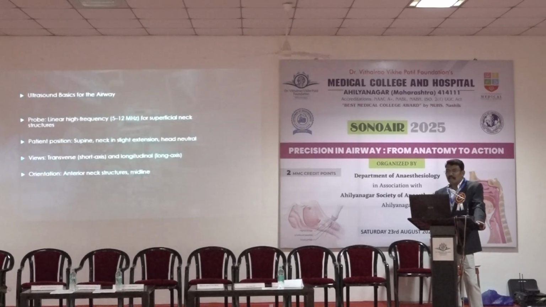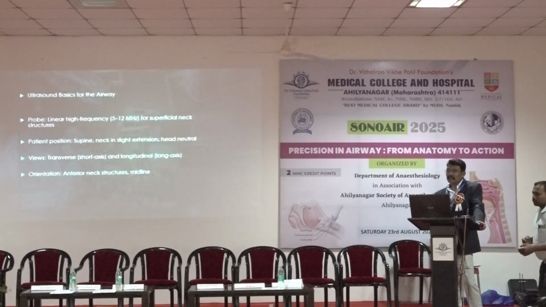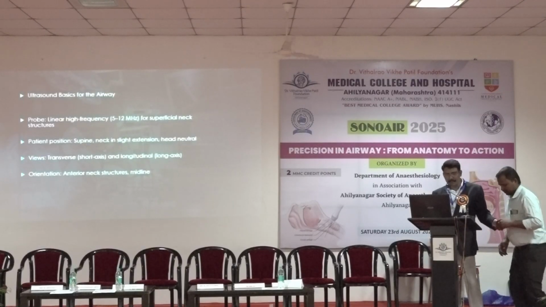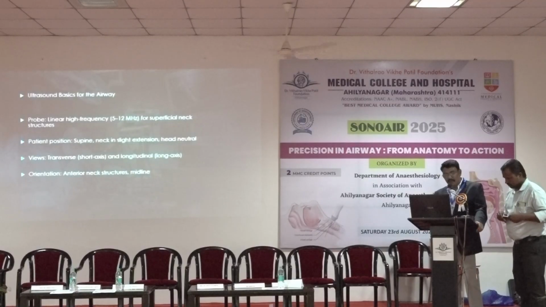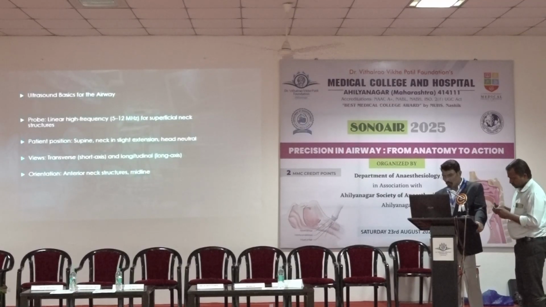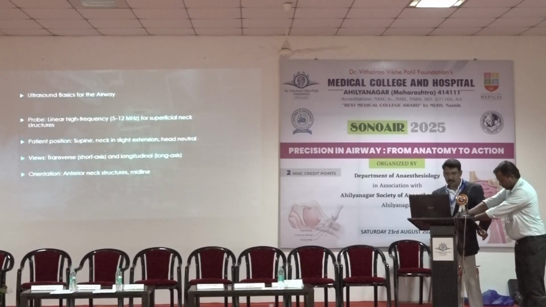So our field to identify is right from the hyoid bone, then thyroid cartilage, thyroid membrane, cricoid cartilage, cricothyroid membrane, and then tracheal rings. It's a very simple thing that you can go easily